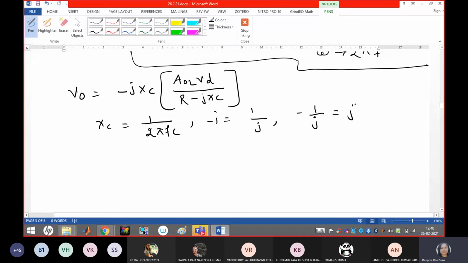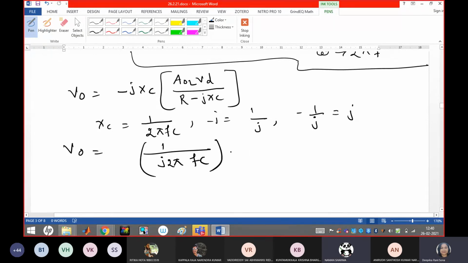Anything you can represent, either format, you can remember the thing. So V0 we got in this format. Now what we got, guys, Xc is 1 by 2 pi fC. I have to represent that in terms of normal frequency, not with the capacitive reactance. So if I represent this Xc with 1 by 2 pi fC, what should be the equation? V0 equal to 1 upon 1 plus R, 1 plus j 2 pi fC, whole into